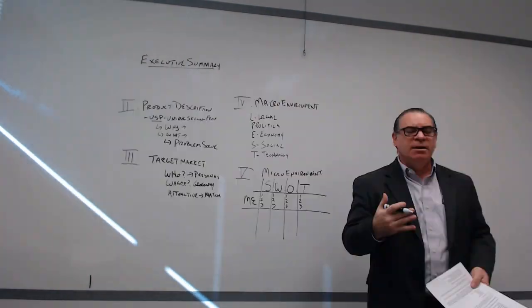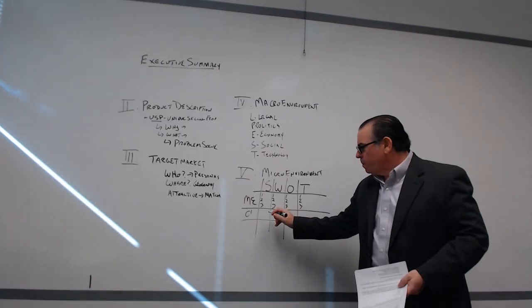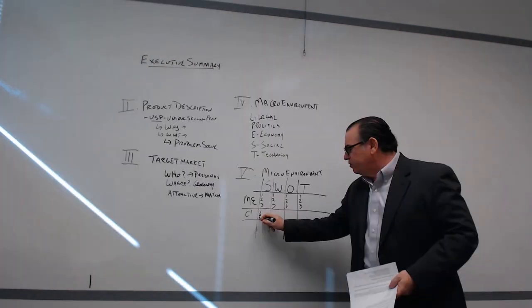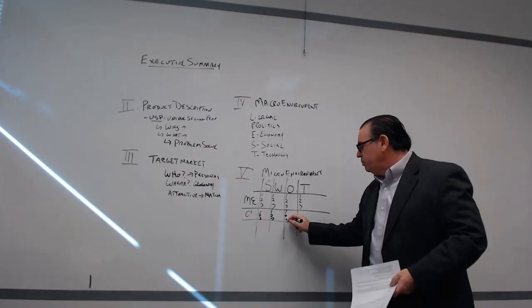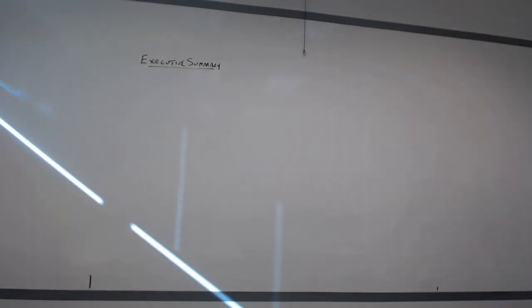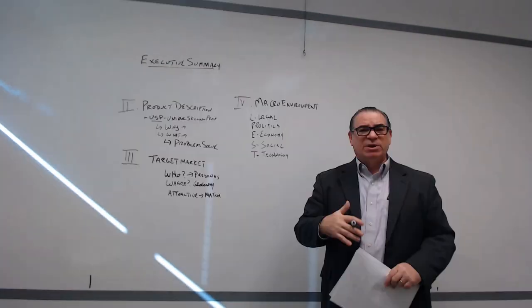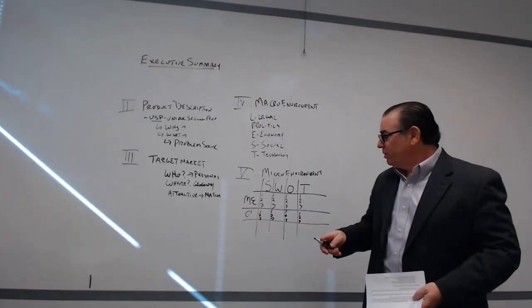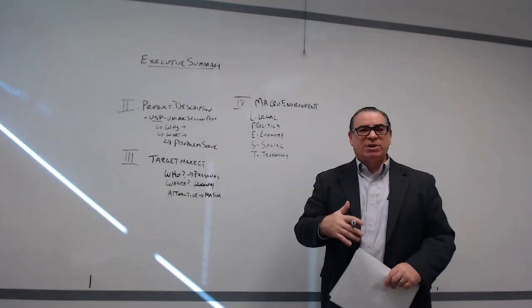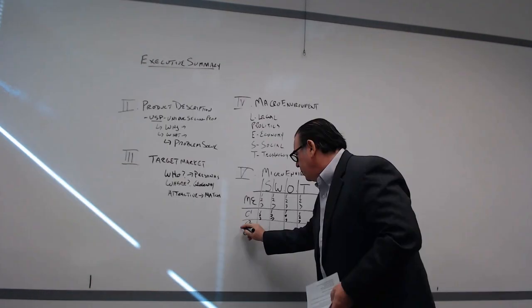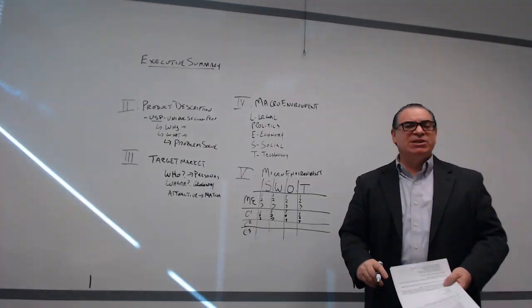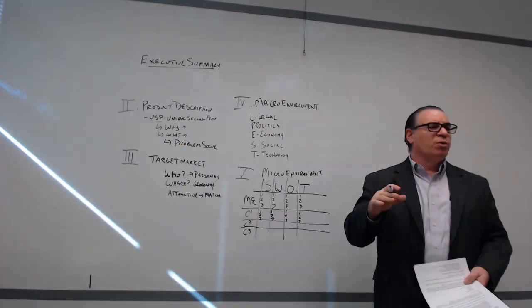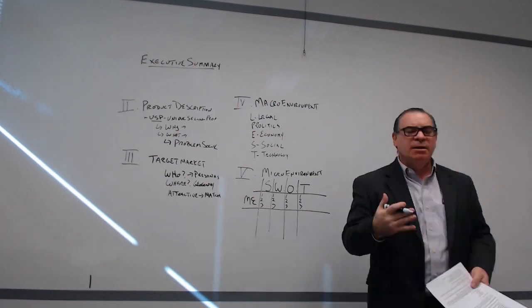Let's put the competition there, and for the competition, at least for your first one, you might want to also do 3 points. This way you have a good understanding of what they do. And then I always like to come back and find 2 other competitors. So I have a good understanding of 3 competitors in the marketplace. So I would have a C2 and a C3 here, right? And then in that particular case, I probably do 1 or 2 points in each one too. So if I had 1 in each,